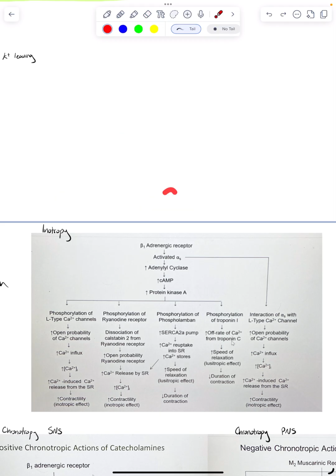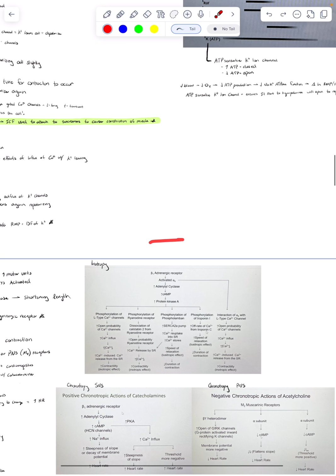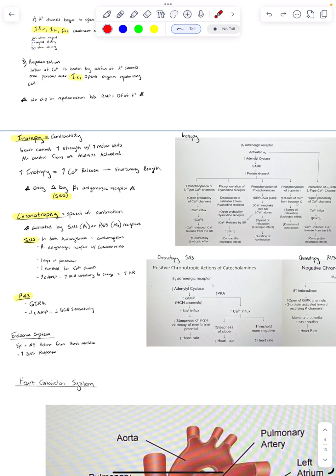Sorry, hold on, let me back up. So if inotropy is weaker, that really affects our contractility cells. And so these, I don't know why that's staying there. There it is. Oh, this is being weird. Anyway, so it really affects our